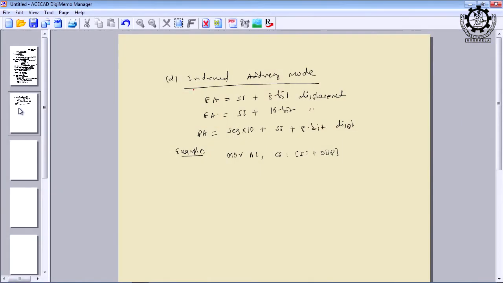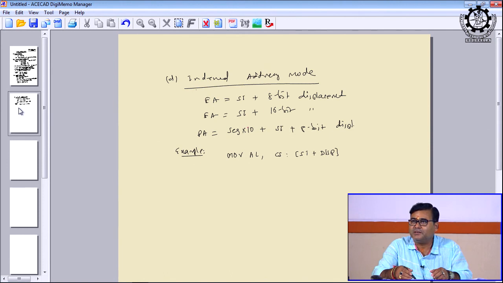You only have to remember the term indexed, and index means we have the index registers, only two registers are available, one is SI and another is DI. So, if you are using SI or DI as a part of the effective address, then that addressing mode is known as the indexed addressing mode.